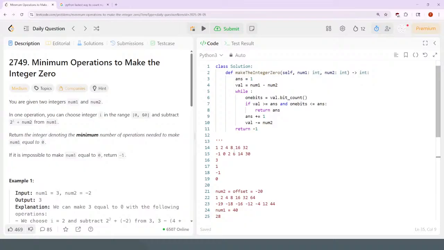How do you detect when it's impossible? The current value is negative. If the current value is negative and